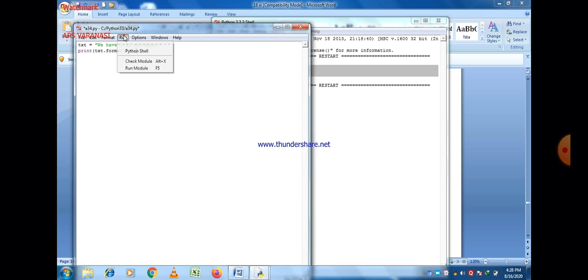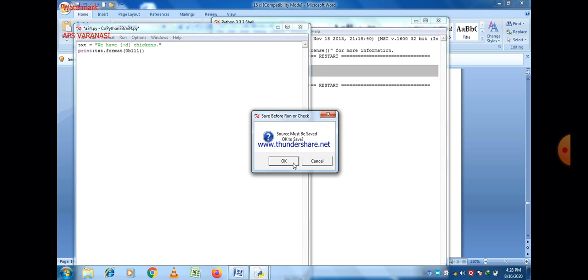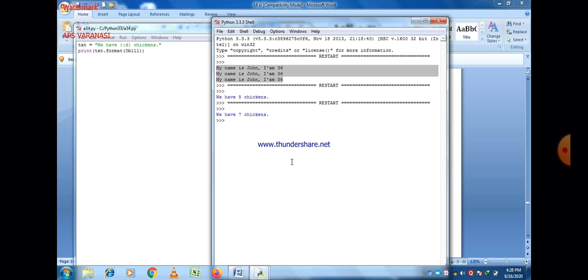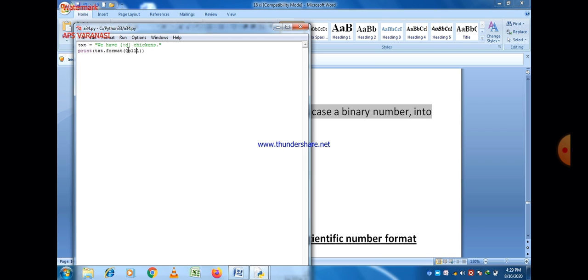So let us take another number, 111. If we take 111, that is easily converted. You can easily see that 111 refers to 7. Here we just take a 3-digit binary number.